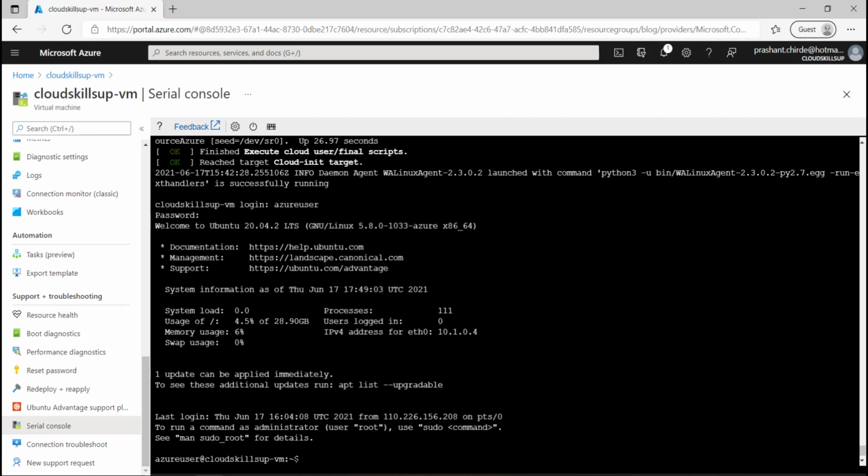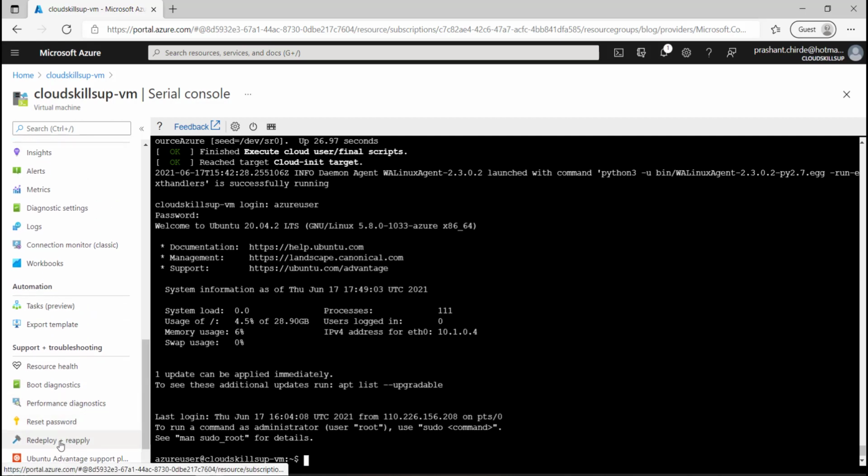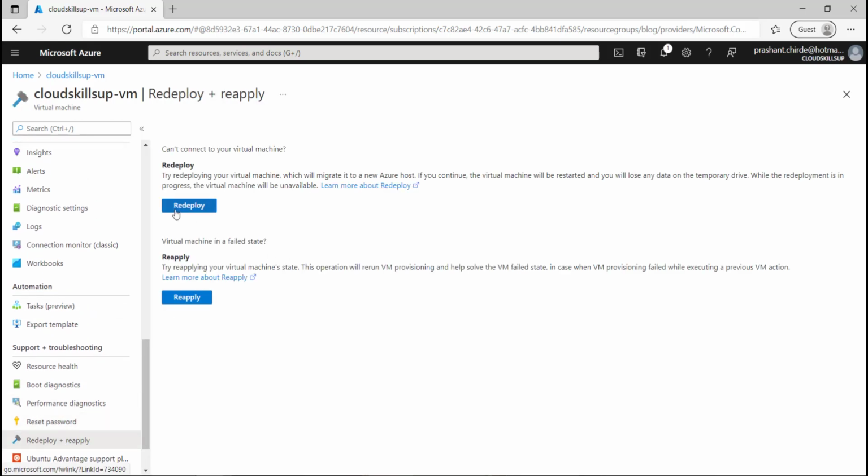In that case, we have the last option where we can resolve this kind of issue, where we need to redeploy that particular VM. If you redeploy this VM, what exactly will it do? Consider that in Azure there are multiple nodes available to run virtual machines.